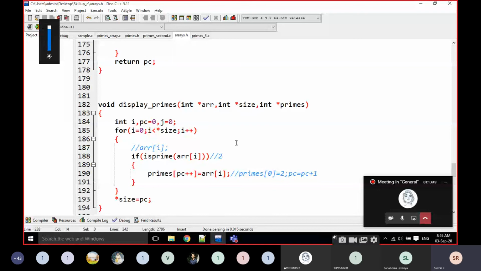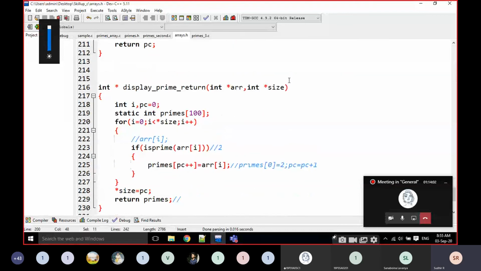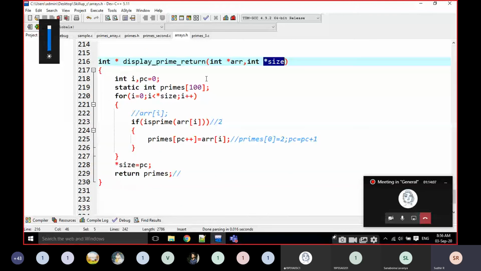The second one is returning one integer value, but the result is passed as an argument here also. The third one is passing only the array address and the size address, and the result is returned through the address. Okay, these are the three different methods. Very sensitive part. It is very similar but totally different.